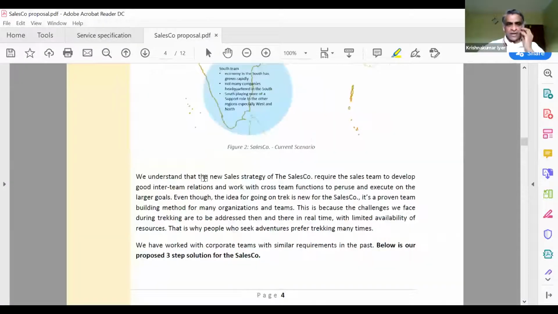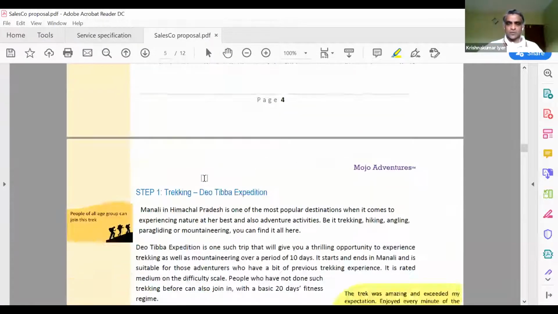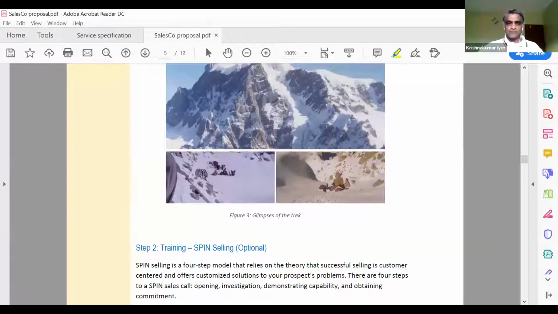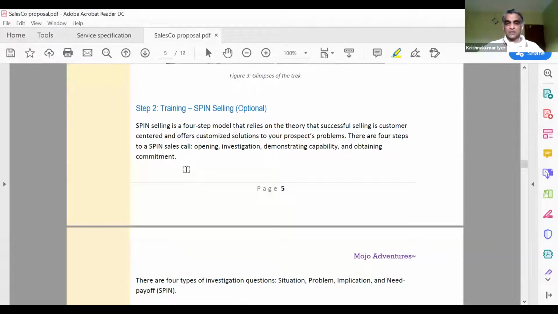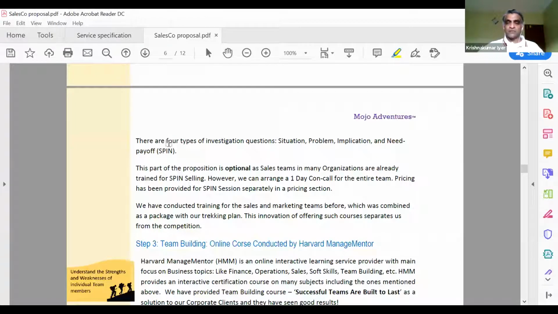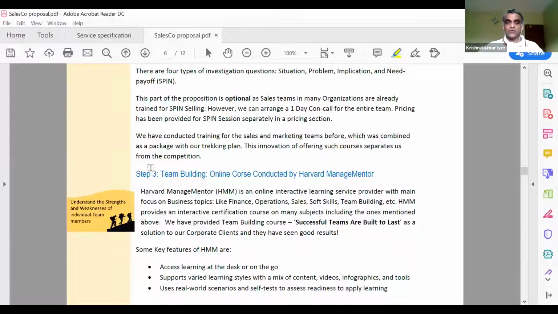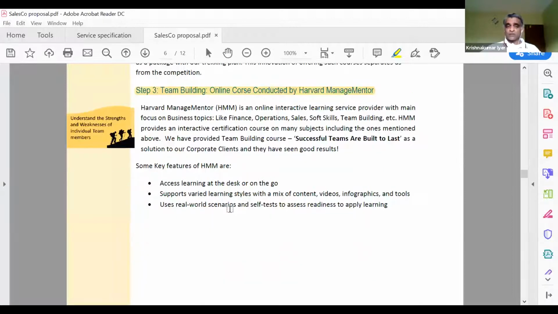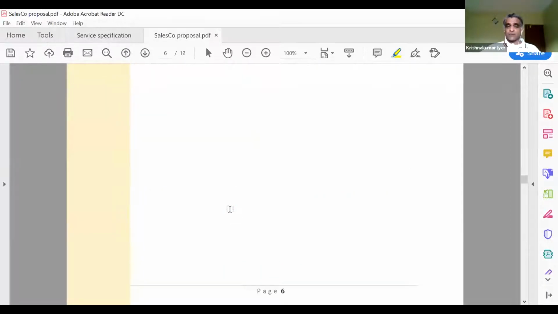So I'm just quickly walking through this whole proposal, just to give you a sense of what I'm talking about. We talked about the sales partnership. Here we are talking about the training using SPIN selling, for example, who's going to be doing the sales training, or what method we are using to do the sales training. We're talking about that, and the sales consultant will be working with us, and all of those are things we are talking about as part of this proposal.